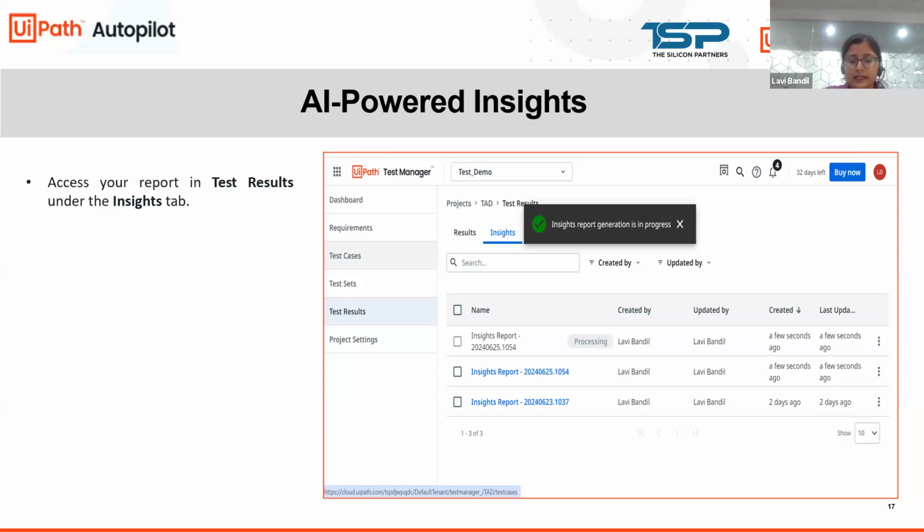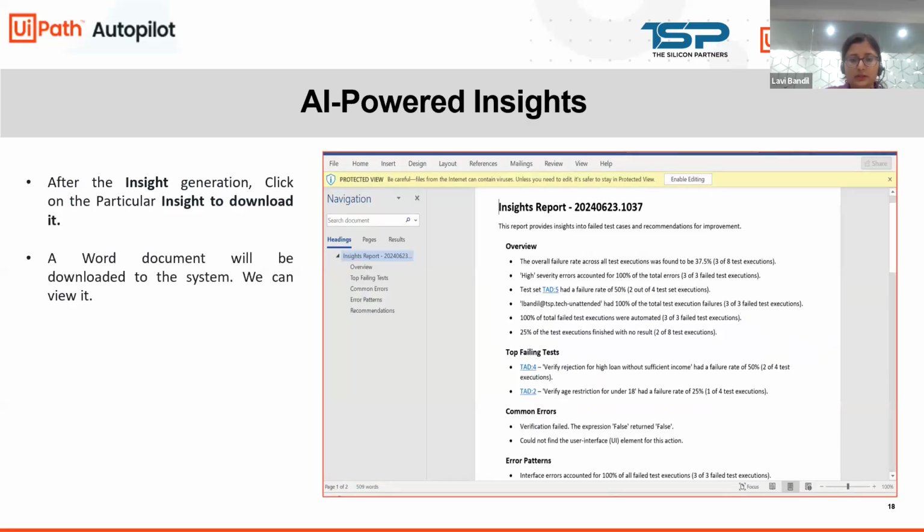Okay, so how does it look in a Word file? I have a slide for that. This type of report will be generated. You can see there are an overview, top failing tests, common errors, and error patterns. You get this type of report, though I'm using only 2 or 3 test cases for this